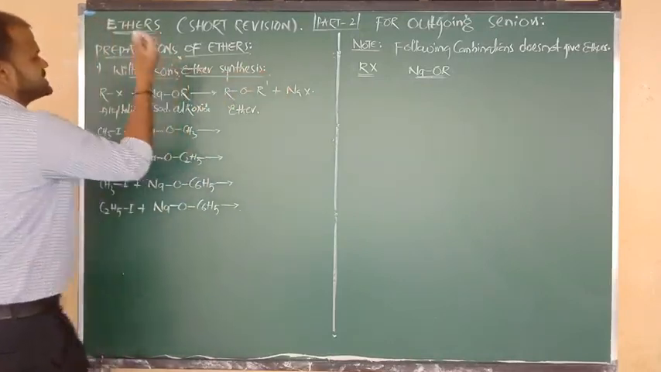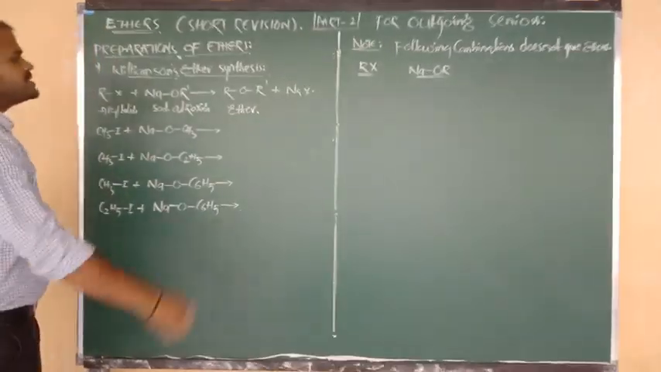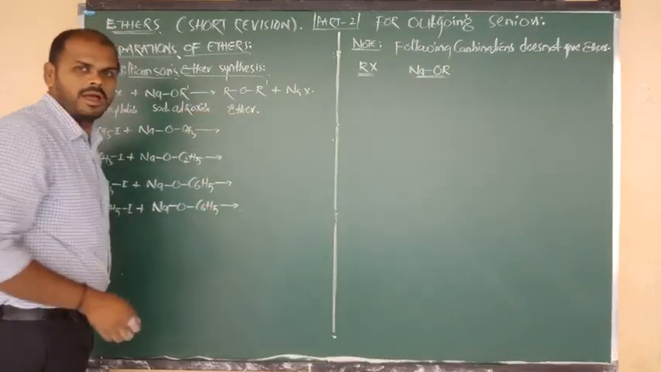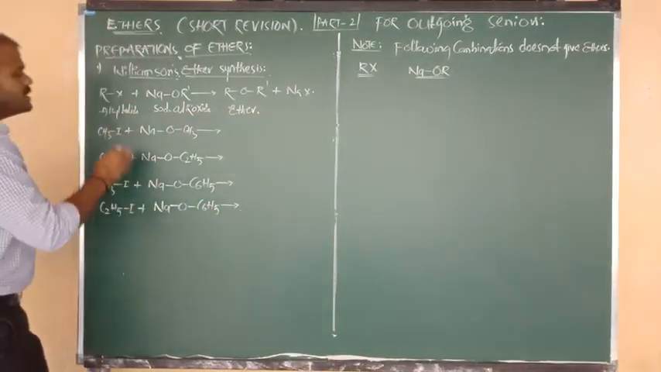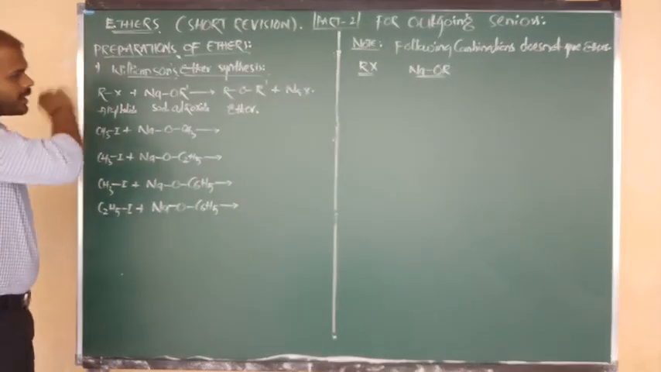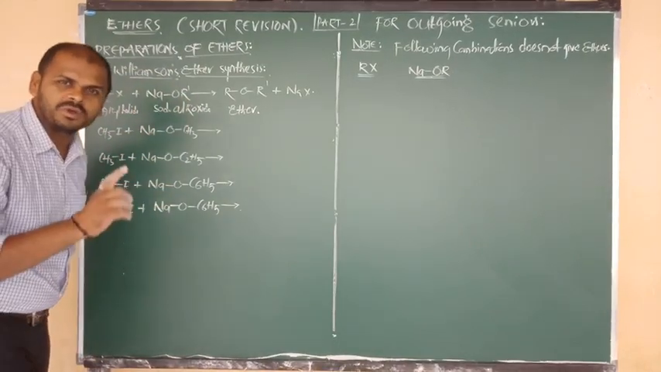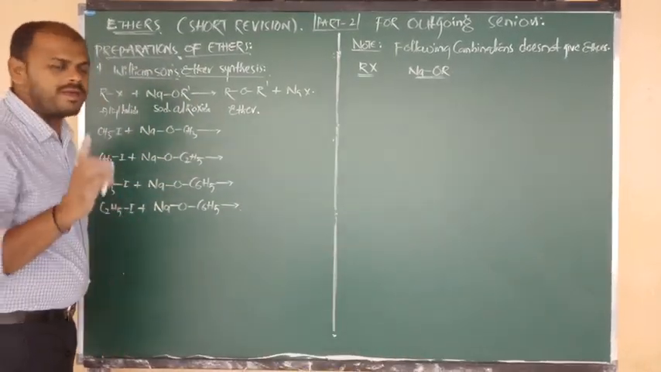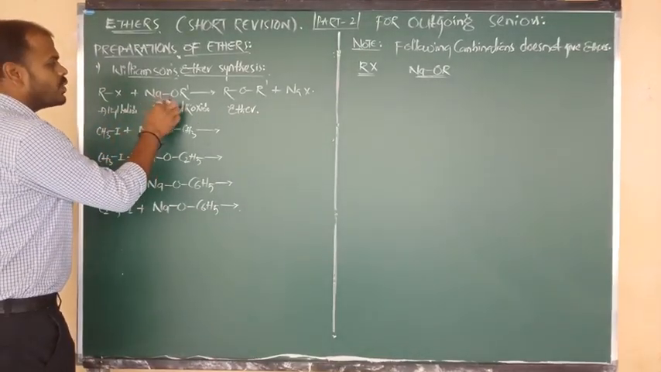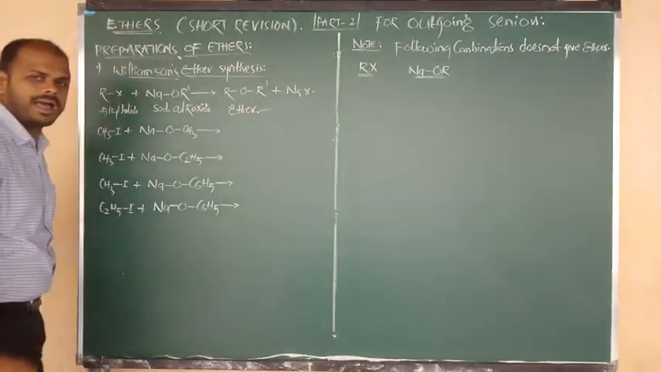Williamson's ether synthesis. What is the statement, how it is useful for the preparation of ether, I am going to discuss now. First of all we have to consider RX, that means alkyl halides. Upon reaction with NaOR, means sodium alkoxide, alkyl halides on reaction with sodium alkoxide give the products, which are nothing but